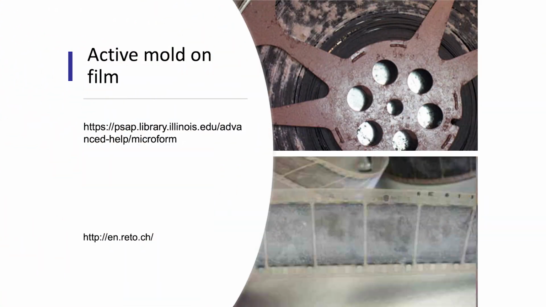Mold will attack many different kinds of materials, including acetate film as shown here. The gelatin binder of photographic film is an especially good nutrient for mold. If your film is exhibiting white or brown patches, or if you see a lattice-like growth on the edges of the film, you are most likely viewing mold.